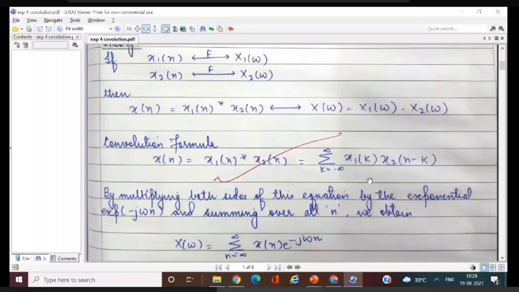You can take k as the first value, x1 is x and x2 is h. Either you may reverse the values of h, or you can shift the values of h. It depends on you how you will apply the logic. But the simplest way is